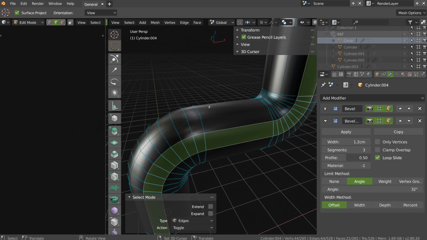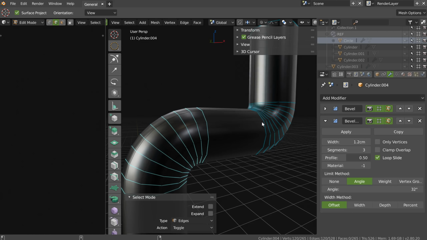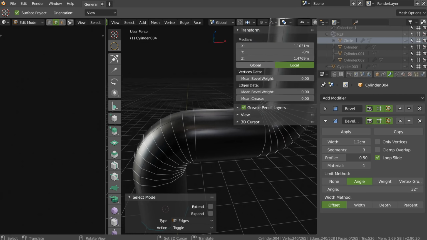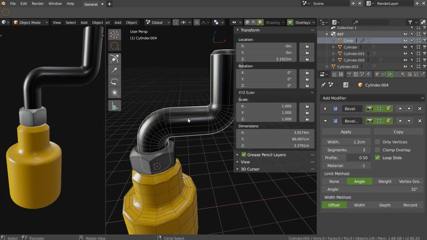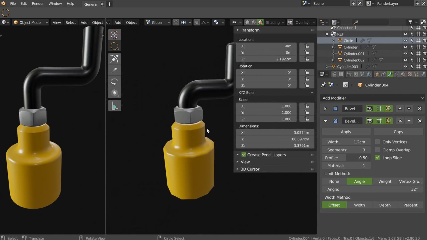So I will just press 2, select, and remove the bevel edges. Up. I don't know if it will work on this selection. Let's try. Up, transform, move. Yes, this one works on the selection, so this is nice. And I will press Alt-H, and I will hide the overlays, and that's it.